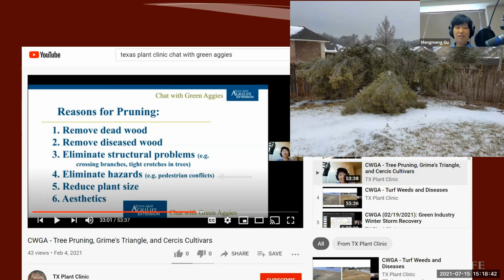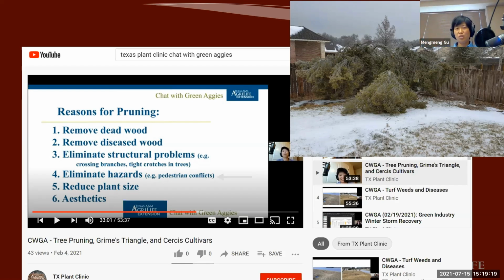Because of the freezing rain, ice accumulated on the branches, and this is what we have seen after this freezing event. For plants with weak structures, and by the way, wax myrtles definitely have a very weak structure, like Bradford pears when they grow to a certain age, let me tell you, I have never seen so many floppy plants, and most of them are wax myrtles, just doing this